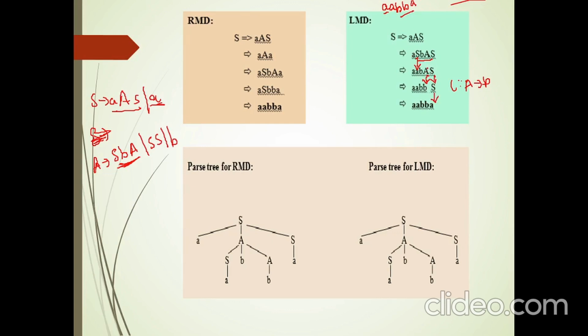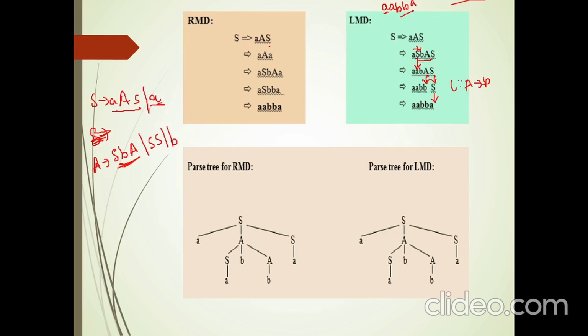So this is the leftmost derivation. How did I get it? Always I try to apply a rule on the leftmost non-terminal. See here there are three non-terminals, but I have chosen the leftmost non-terminal for the production to apply. Among A and S, I have chosen A first, then I will go to S. This is about the LMD, and similarly I have here tried to obtain an RMD.